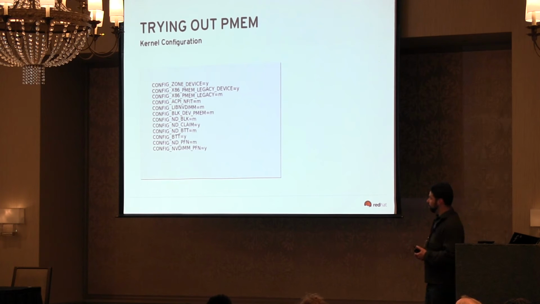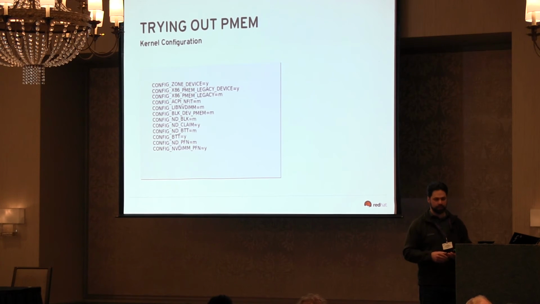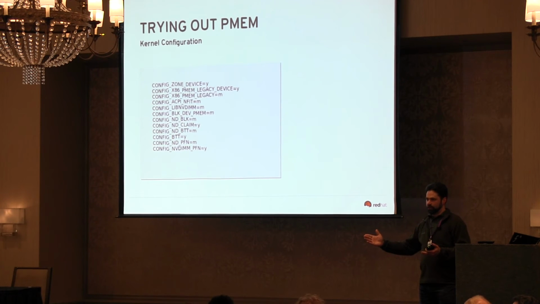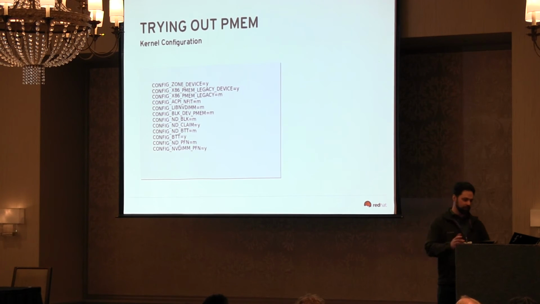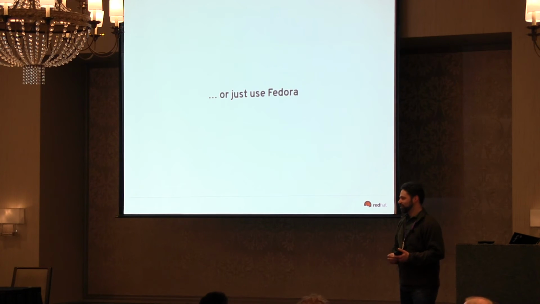So here's the laundry list of config options that have to be enabled. And in order to do that, it's kind of a pain, because you have to disable CONFIG_ZONE_DMA for old sound cards. That's basically all that uses them. And then in order to do that, you have to set up CONFIG_EXPERT, and that will ask you 100 other questions. So the bottom line is just use the Fedora kernel,